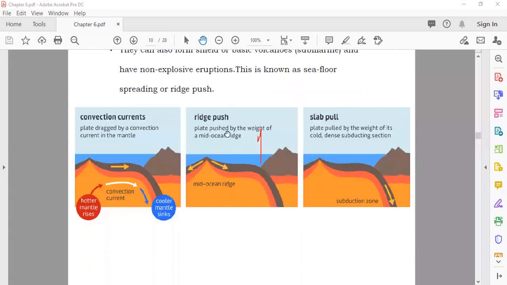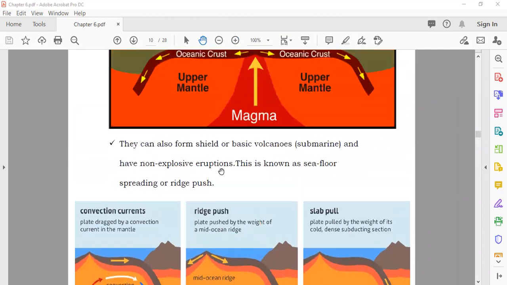I just added these for you. You do not have to memorize everything. I just explain this one. Now they can also form shield or basic volcanoes and have non-explosive eruptions. This is known as seafloor spreading or ridge push. See here. What does it mean? It means that if you see this one,